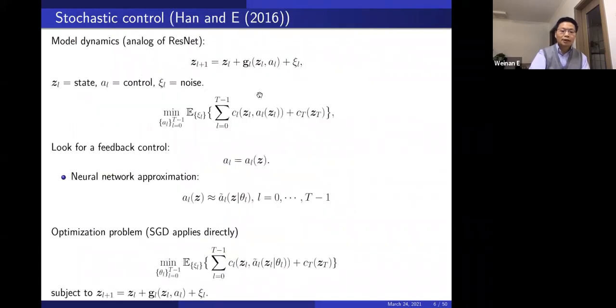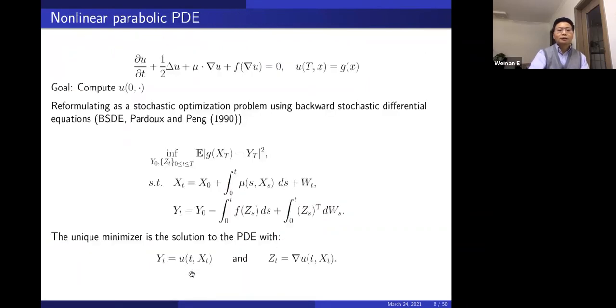So in this thing, we ended up with a stochastic optimization problem. Stochastic optimization, because the objective function is an expectation. So here, for this nonlinear PDE, we want to do the same thing. We want to write this as a stochastic optimization problem. And this can be done with the help of backward stochastic differential equations, which is a very important notion